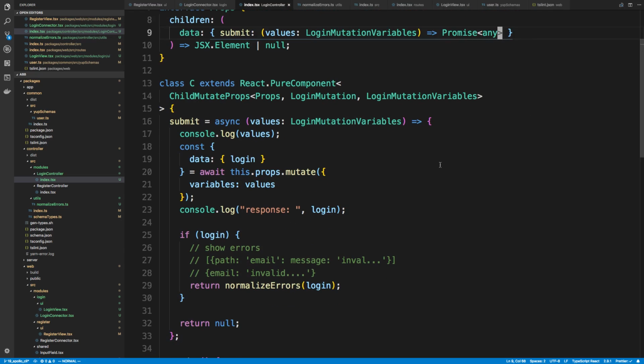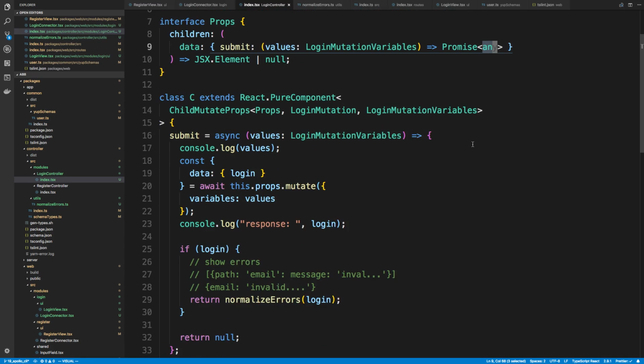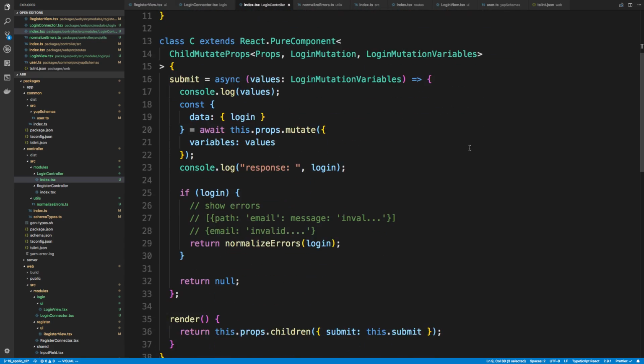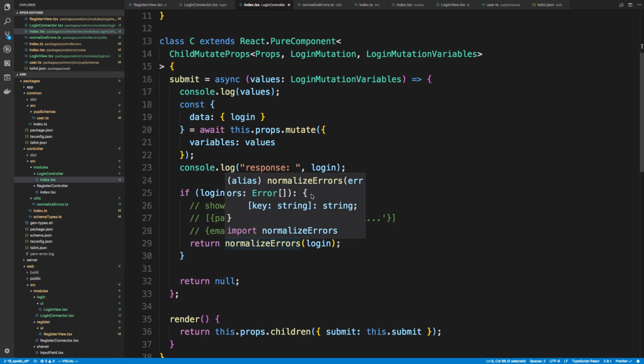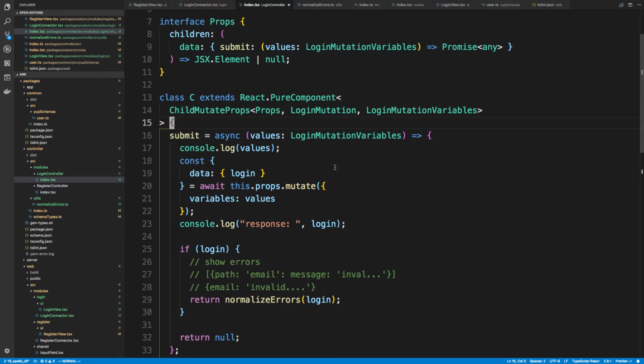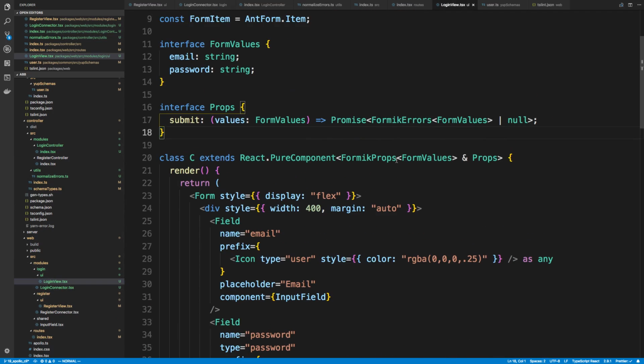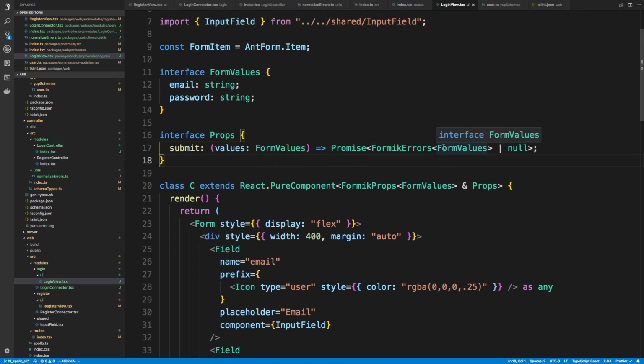The reason I am just saying any here and not putting a better type is because we actually can't specify a better type. If we look at this, our key is equal to a string, and that's what our errors are. If we wanted a better error type, over here in our login view, we specify Formik errors, and we're actually specifying that we expect a key of email and a password, which is